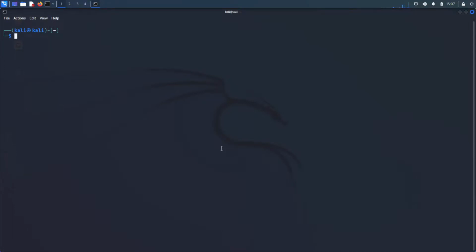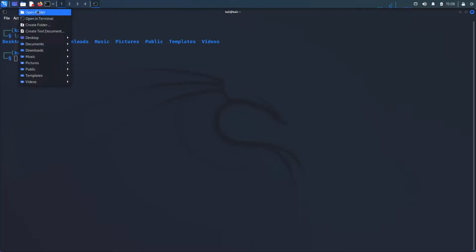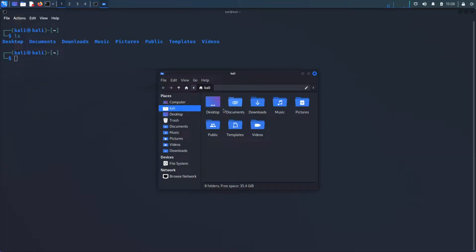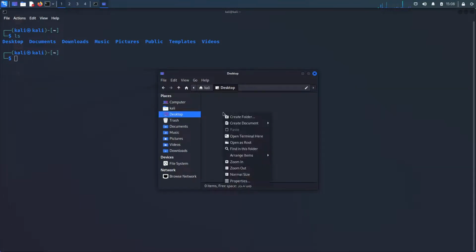Okay, now it is about finding stuff. So for example, I have inside the desktop. Let me just open here. I can do the command here, but I don't want to confuse you for now. Just follow me. So from here, from the desktop, right click, create a folder, or let's create a document, empty